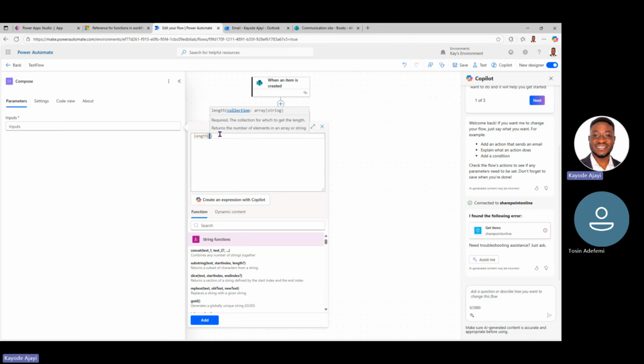Now, when you're typing expressions, you can still get stuff from dynamic content. So if you scroll down here,